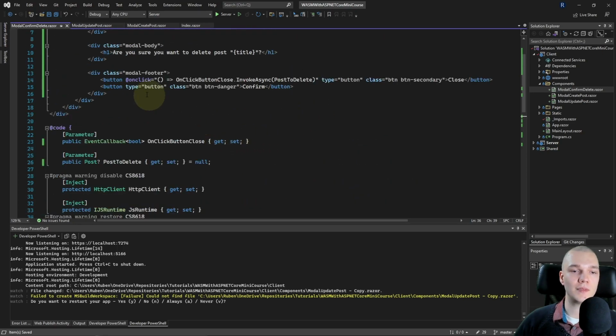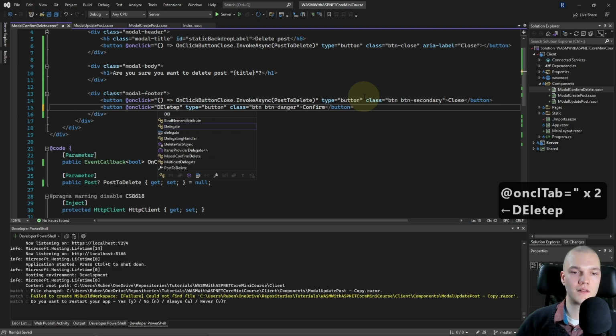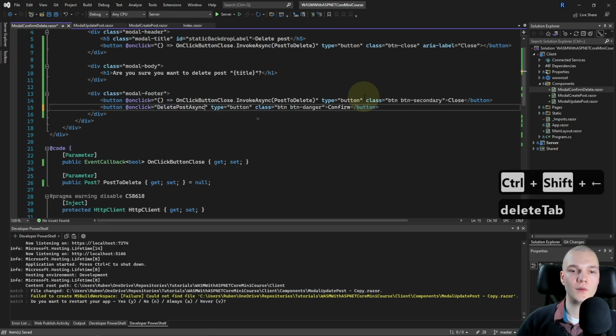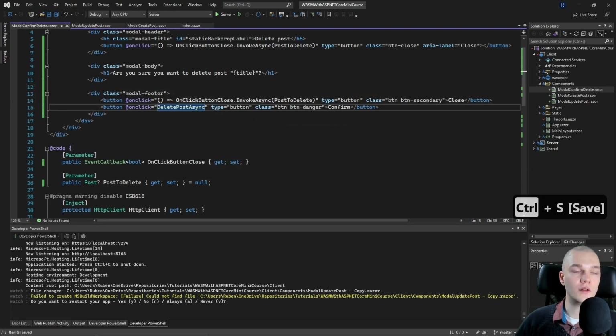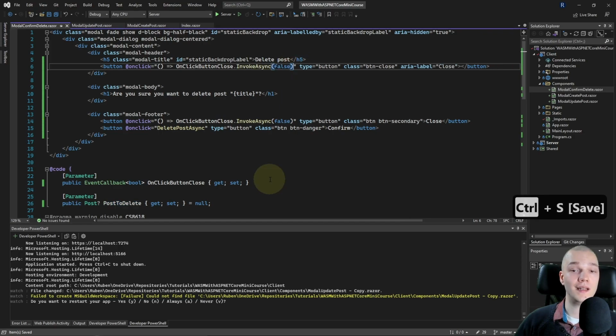So in the display code, I'll add an onClick to the confirm button. So add onClick equals delete post async. And for the onClick button close invokes here, I want to pass in false because the deletion got cancelled.